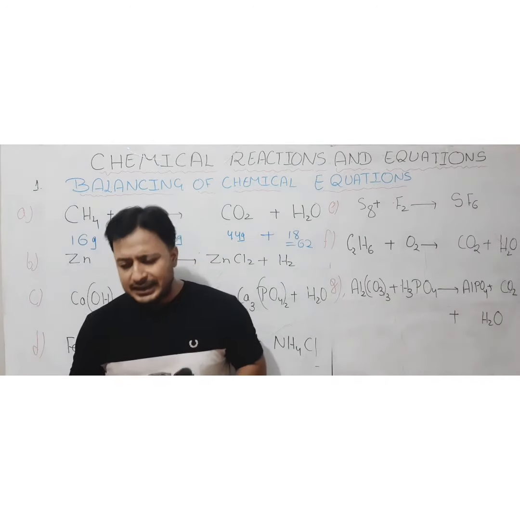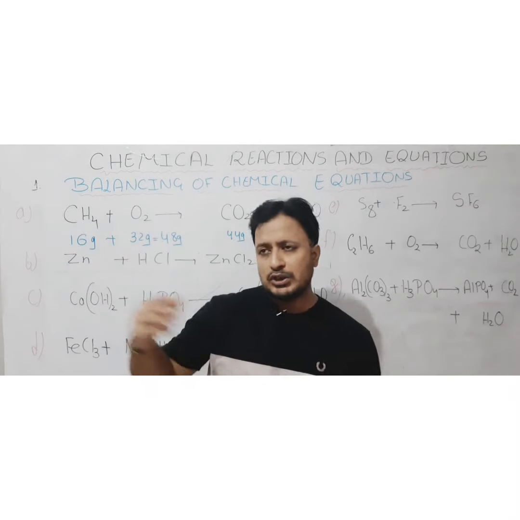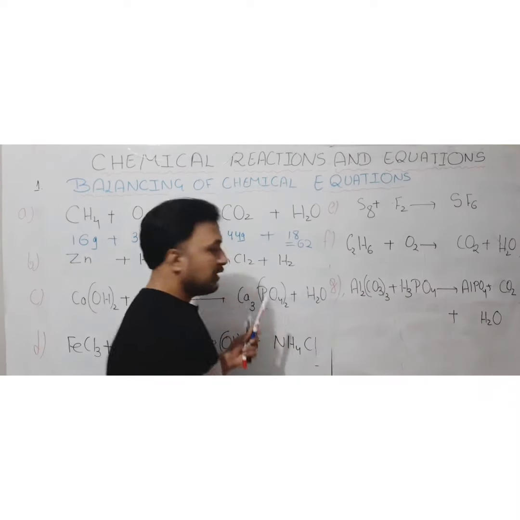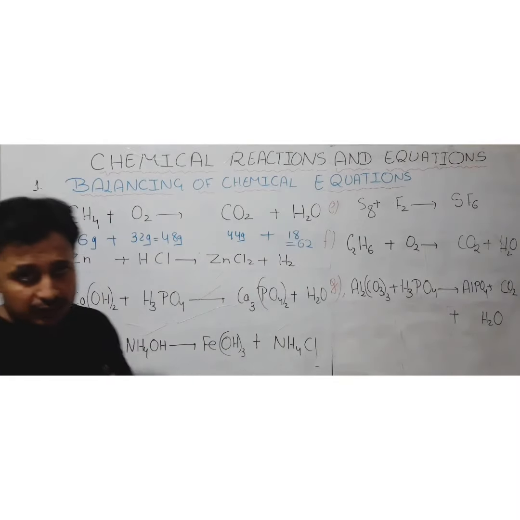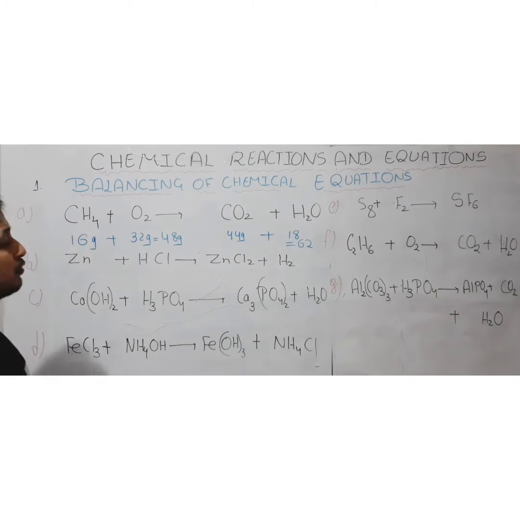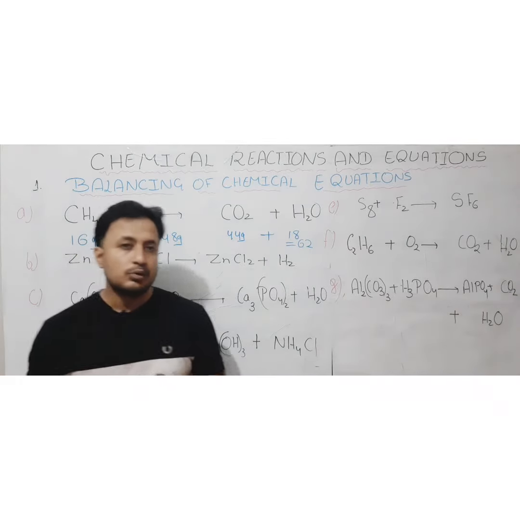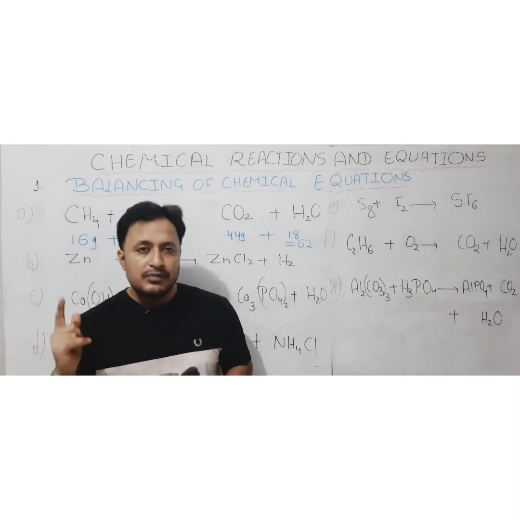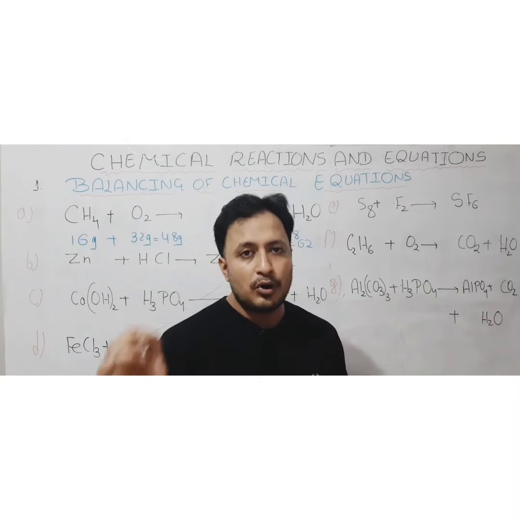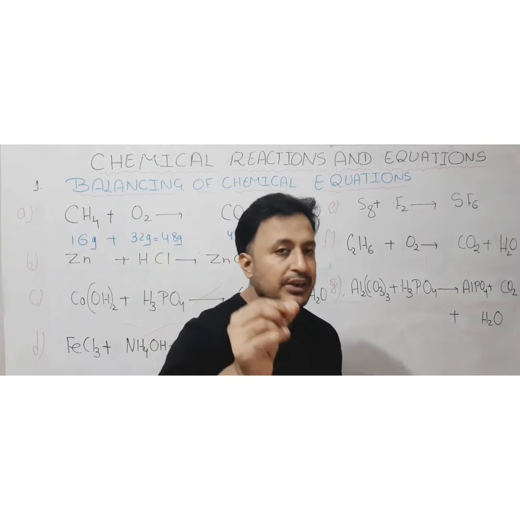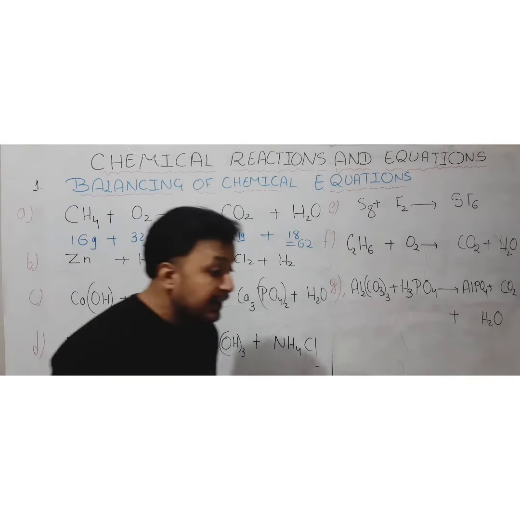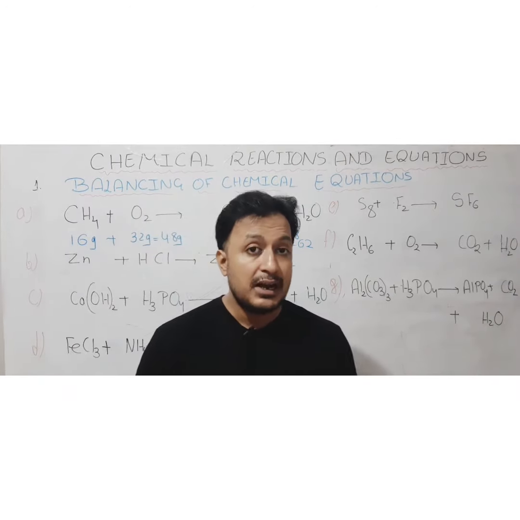When you are going to balance any chemical equation, the question will be like this: you have to balance the chemical equation. So there is no need to check it. I wanted to show you why it is not balanced, that's why I have written it. That gives you the idea whether it is balanced or not. Now we are going to balance it. For balancing any chemical equation, we have to use coefficients 1, 2, 3, 4, 5, 6, 7, and so on, and we can keep that coefficient before the molecule, element or compound present in the chemical equation. Now, which element we have to balance first will help a lot.